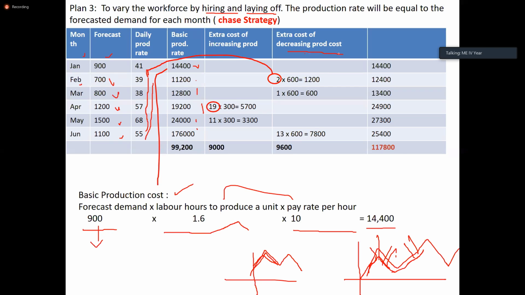Extra cost of decreasing production cost. To hire and fire, just see this: 41 to 39. It is reduced the production rate. It means if it's a basic question, when the demand is reduced, you have to remove some employees. So how many employees we have to, based upon production rate? It is reduced to. Okay, so this production rate is reduced to, and if I reduce the production rate to, how much I have to pay for